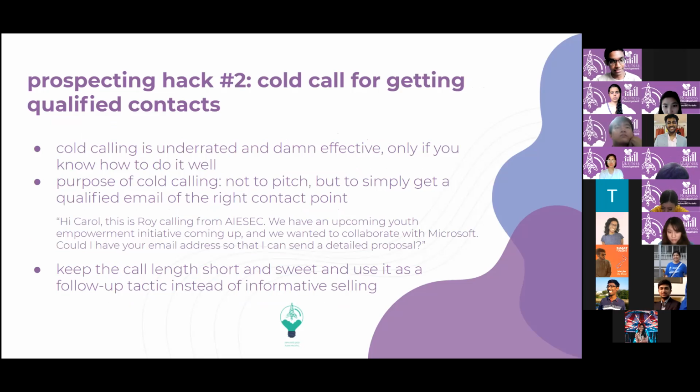So the first one is, if I know the person already, as in I know this person exists and this is the phone number, I would call the person up and be like, "Hi, I'm calling from ISEC. We have a youth empowerment initiative coming up and we want to partner with a company. Could I have an email address to send a proposal?" So I would only use the cold call to get the email address and then send them a detailed email with the proposal